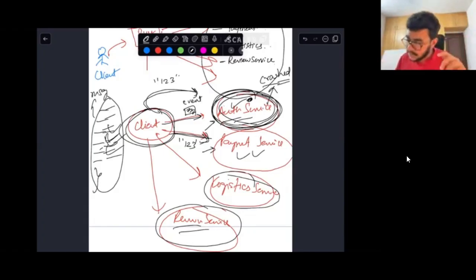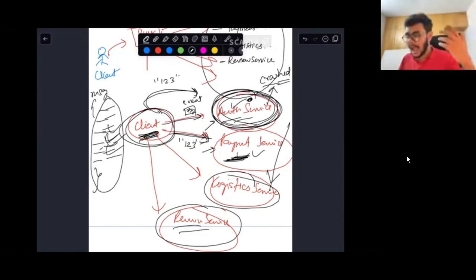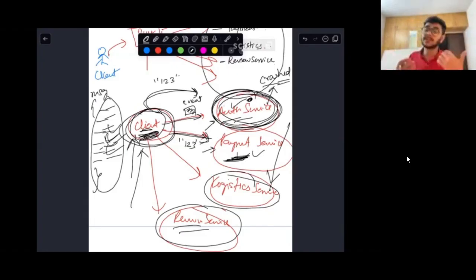And if any one of these services was to fail, then I will have to keep on retrying sending this message, right? And how will I even know that this service has actually failed? I will have to keep track of whether this service successfully processed this request or not. So my job as a client is not just to send this request, but also to make sure that this payment service has actually processed the request successfully. Correct? Are you able to understand that this client is going to have to do all of these things apart from just sending the request?